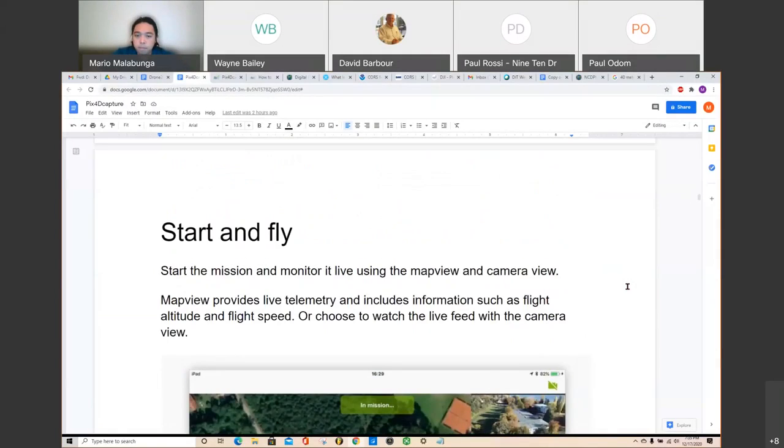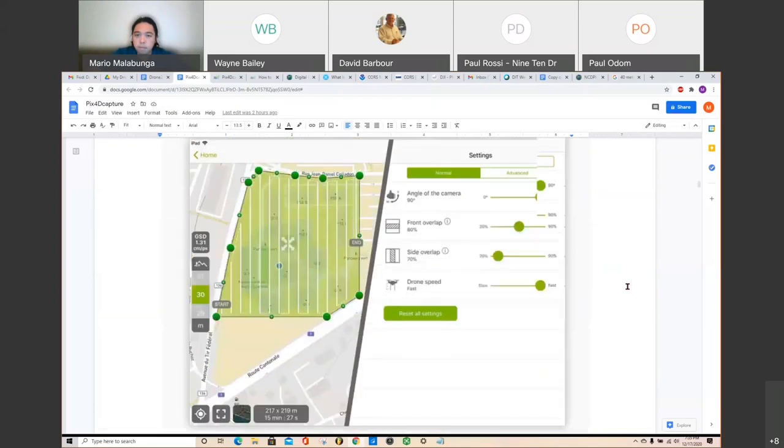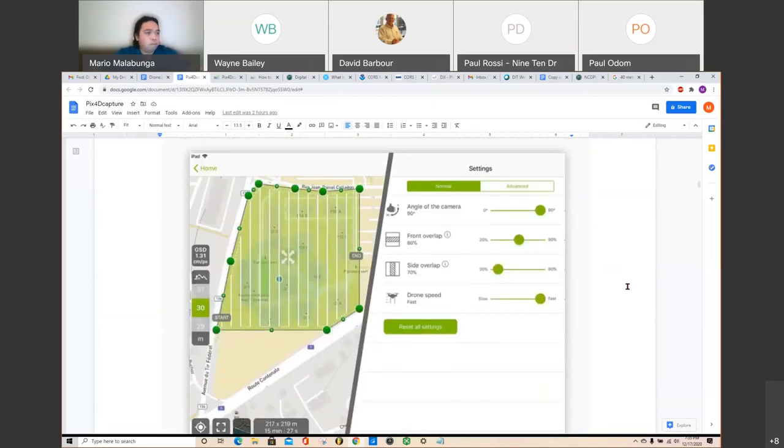So Mario, we have one question. The question was, what is front overlap? Side overlap? What is that? When the drone is taking a picture on the flight,